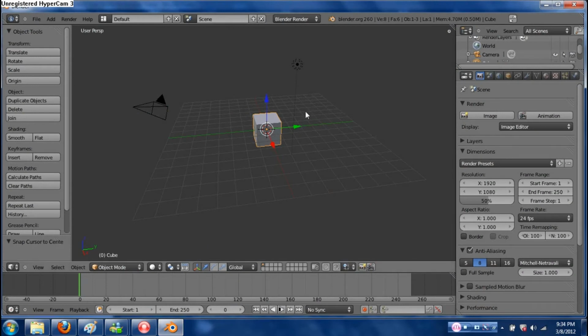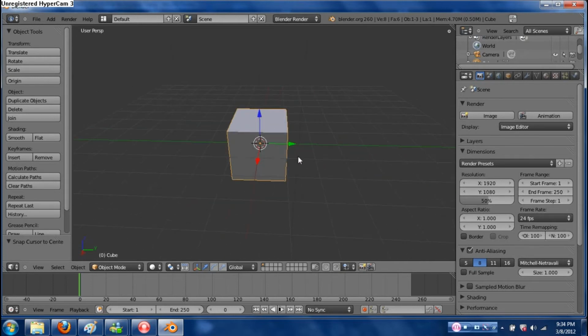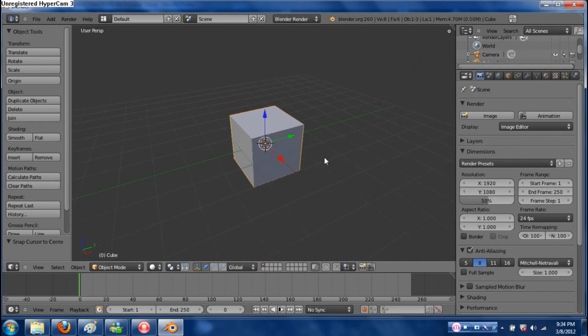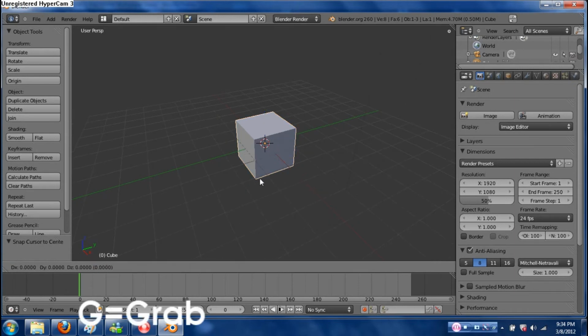You can wait. Okay. So, for the basics of modeling in 3D Blender, we start out with this 3D cube. And there is a few shortcut keys you might want to write down. There's about 5 or 6 of them. I didn't take the time to count, so don't check me on that. The first one I will show you is the letter G, which stands for grab. And when you press G, you can move the mouse around, and the object you have selected will move around.